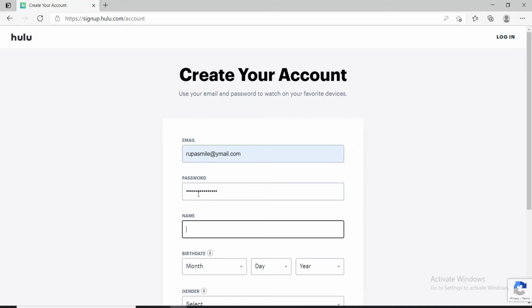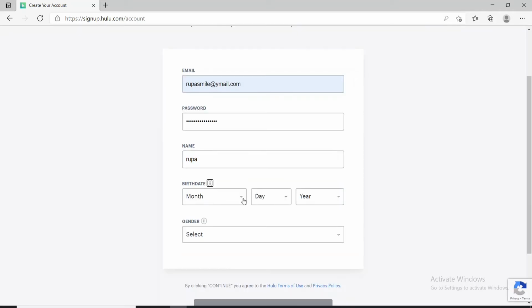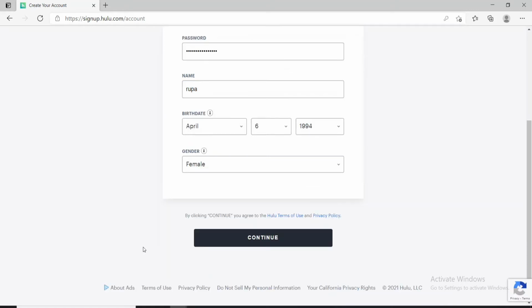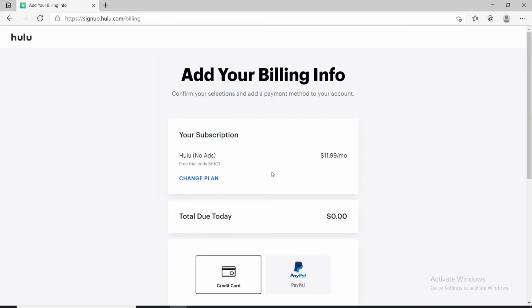Now, on the next page, type in your name. Choose your birthday information from the drop-down, and soon after you do that, select your gender from the drop-down. Now, after filling all the information, click on the Continue button, and on the next page, you'll need to add